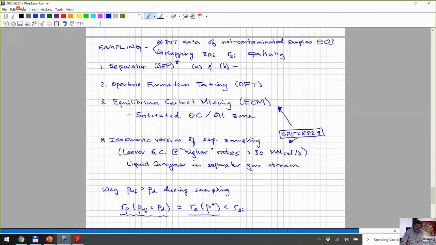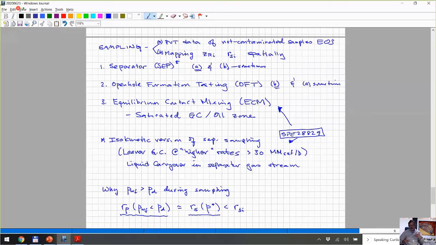Sometimes we can use it for initialization, but not always, certainly always for building here. Open hole formation testing can be used always for B. And sometimes for A,